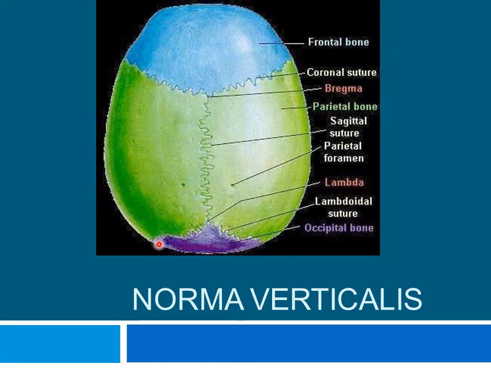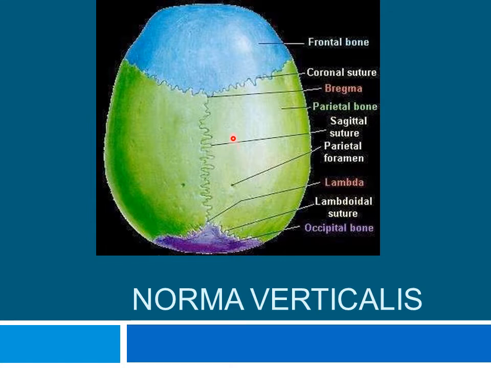Actually, the skull can be studied under various views. So we have normas like Norma verticalis, Norma lateralis, Norma basalis, and Norma frontalis. So basically, Norma means we are studying normal skull. Verticalis means the superior view of the skull. Then we have Norma frontalis. Frontalis is nothing but the anterior view of the skull.